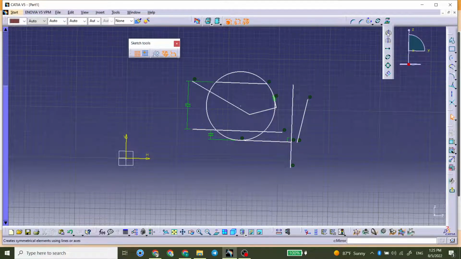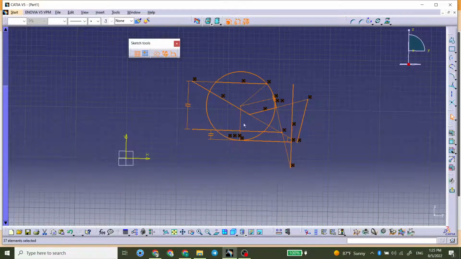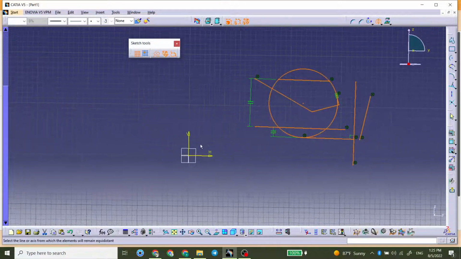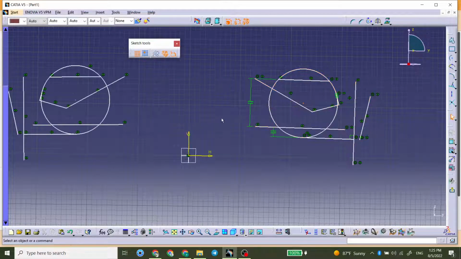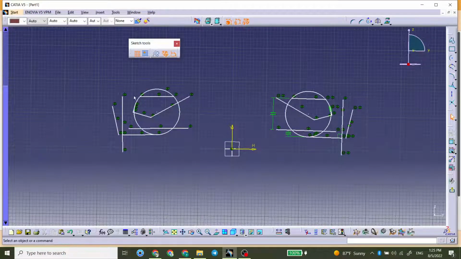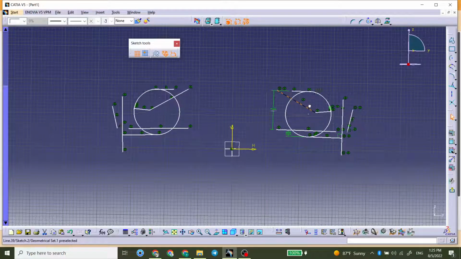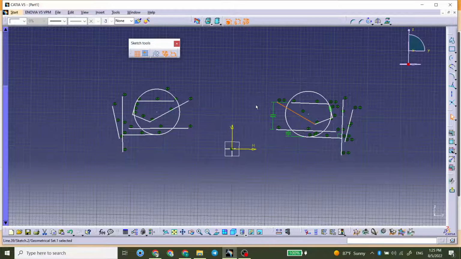So I want to show you more commands. I can show you mirror. If I choose all of them and select mirror, and I choose this axis as a mirror, you will have all these shapes mirrored on the other side. And if I change one of them, the other ones change eventually. And yeah, if I do Control Z,